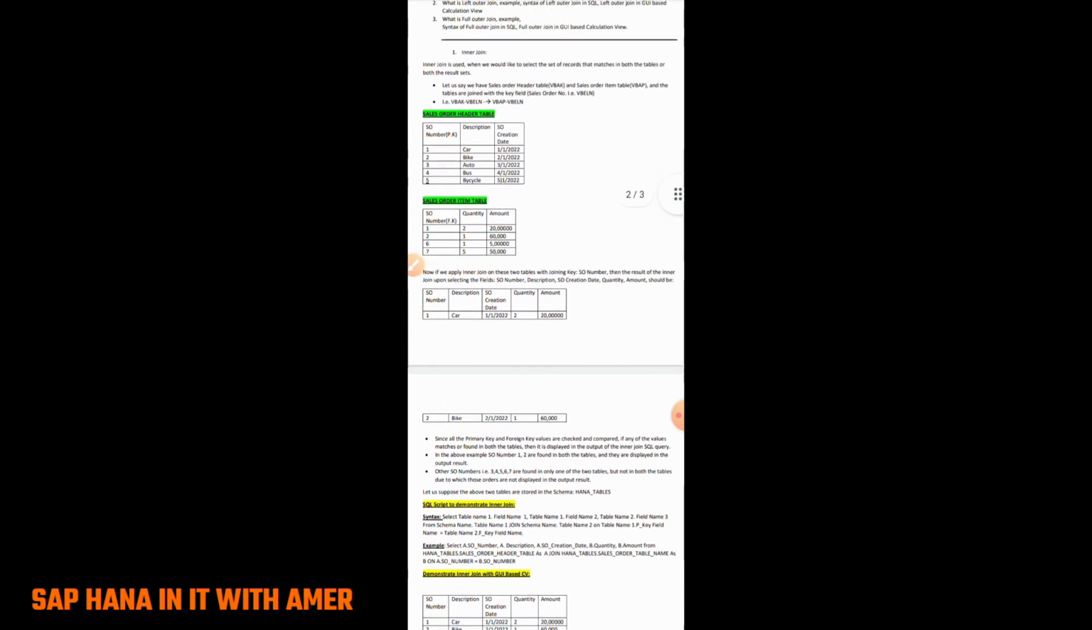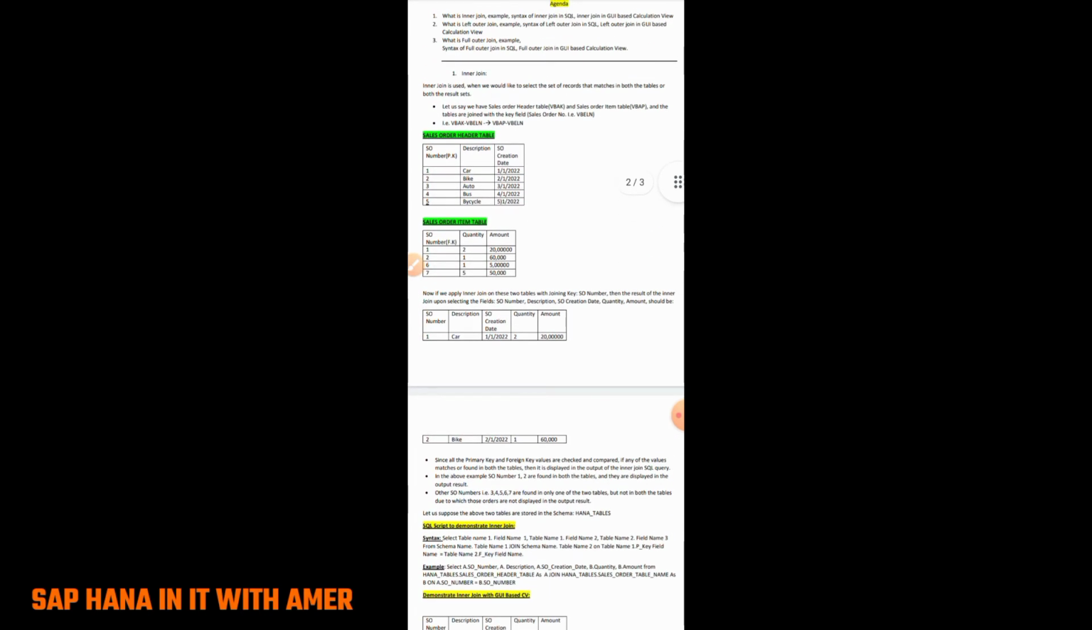Okay, and next, only these two entries are displayed. Now you have understood why only these two records are fetched as an output of an inner join, because these tables are joined with the sales order number, and the sales order number should be there in both the tables, then only it comes as an output of an inner join. Okay, so on the bottom of the screen you can see the sales order